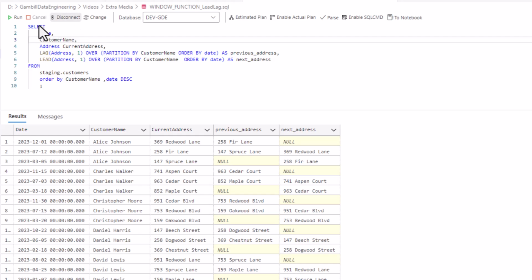I've labeled the address field as current address so that you could easily see which one the current address is, the previous address, and the next address. And we see down here in our results that we have everything sorted by date and by customer name. So we've ordered by customer name and by date descending. So we could see that this is our last update for Alice here. Her current address is 369 Redwood Lane. Her previous address was 258 Fair Lane, and she doesn't have a next address because that was the last time